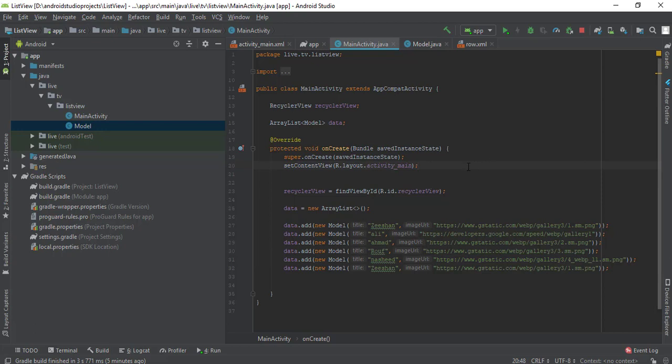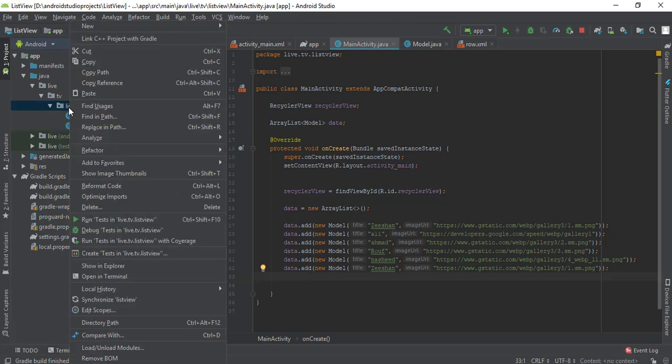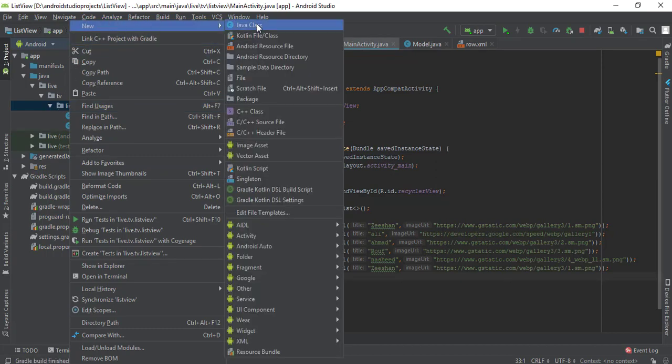Alright, perfect. So we have created a recycler view, a data part, and next we need to create a recycler view adapter. Remember, I've already discussed the adapter, so now we will create an adapter, and you will see the advantages of the adapter. So for that, go to the list view package name, and just create a new Java class,